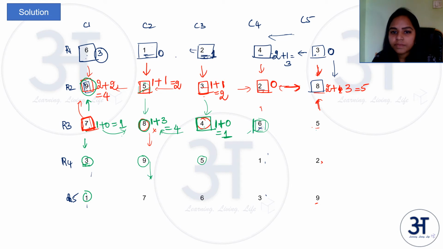Coming to 6, row 3 column 4. Let us see the top people, 2 on top of the 6 in this column. 2 can reach 6, 4 can reach 6 because both of them are less than 6, and in between whoever are there are less than that particular number. And from below also 1 can reach 6, 3 also can reach 6, so 4. Then from right 5 can reach, from left 4 can reach, then 8 and 7 are greater, so you can forget about them. So 6 people can reach 6.